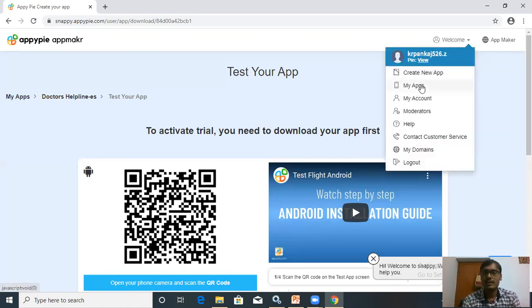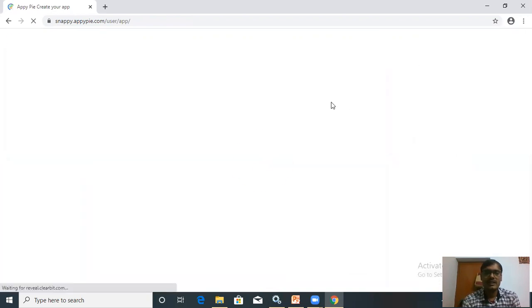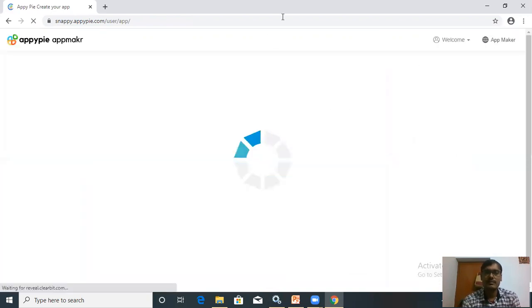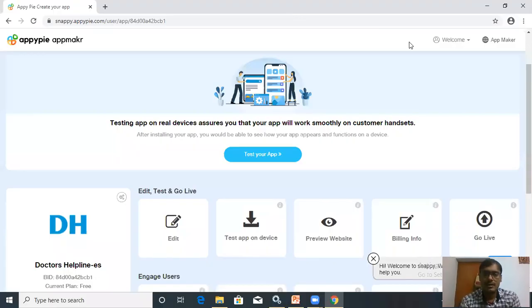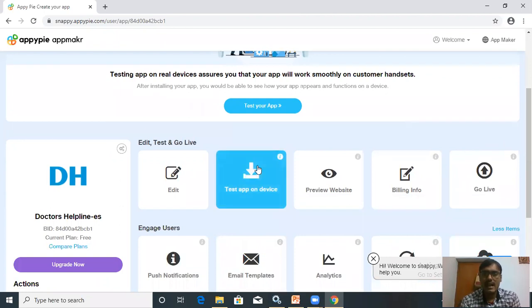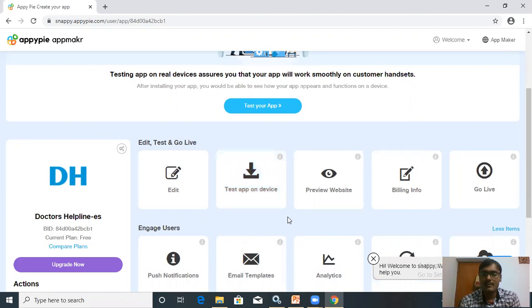You can go to My Apps, click on welcome and go to My Apps. Here you can see the following icons: test app on device, and you can test your app.